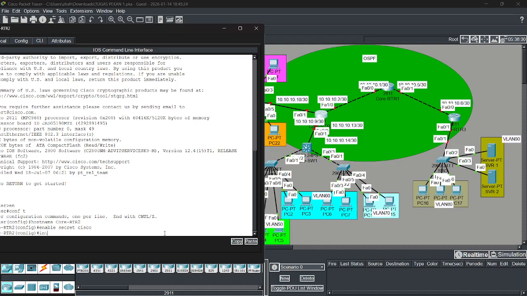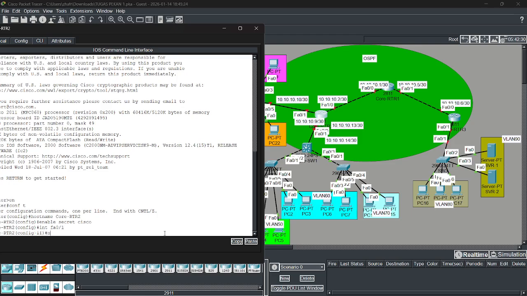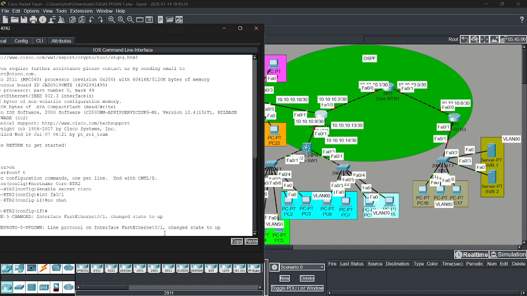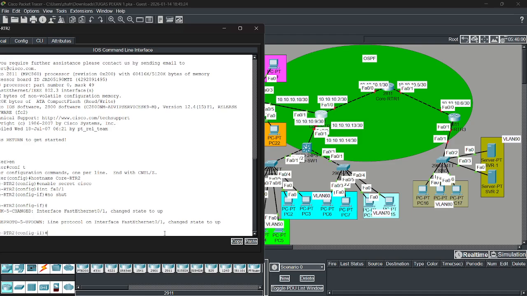No, not IP first. Interface FA0/1. No shutdown because the port is shut down now. Okay, now green, active. After that, we add the IP address 10.10.10.9. The subnet mask.